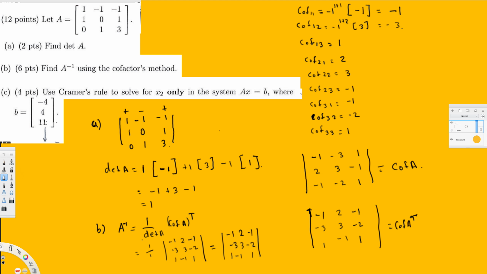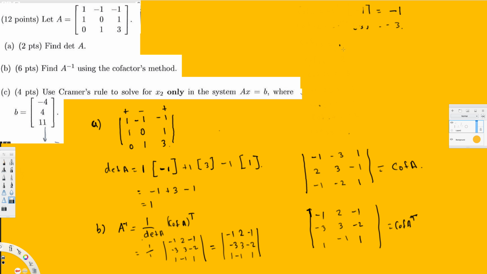And now let's move to the next question. So I erased this whole thing. The next question is about Cramer's rule. Use Cramer's rule to solve for x2 only in the system Ax equals b, where b is given. So to find x2, what I have to do is take the determinant of